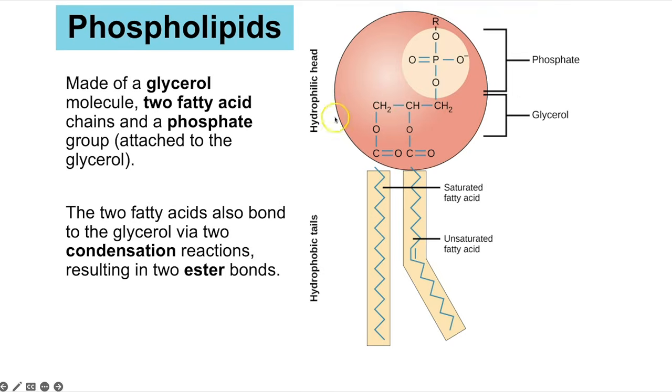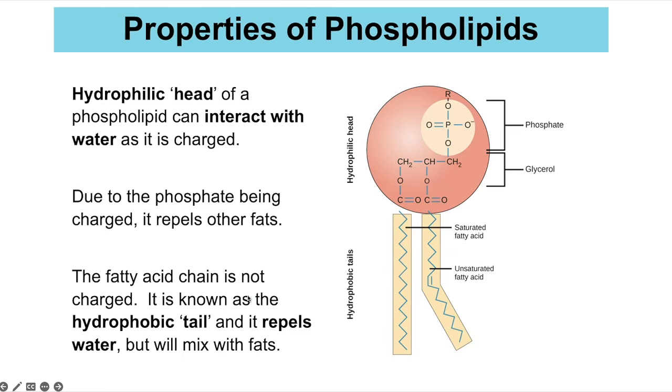Phospholipids, on the other hand, so we've talked about the fact that those are made of a glycerol molecule, 2 fatty acid chains, and a phosphate group. That means that they would only require 2 condensation reactions to join those fatty acids on, and you get 2 ester bonds. The properties are different though because of the phosphate group on what we describe as the head of